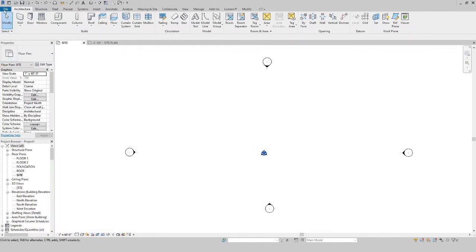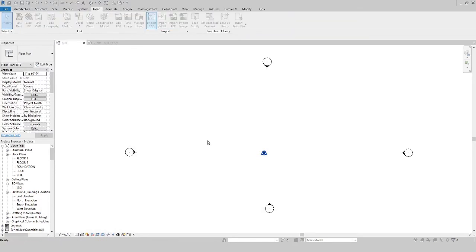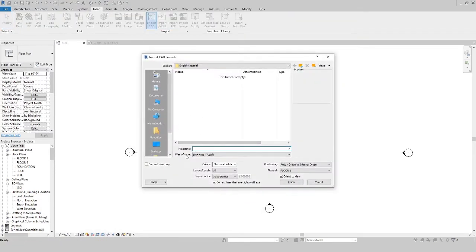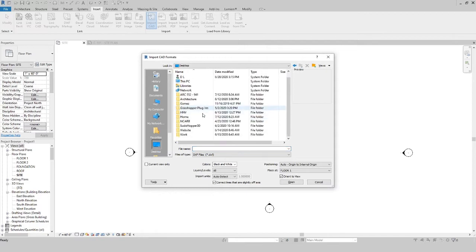Now that I have that done, I'm going to minimize SketchUp, and in the site plan, here I'm going to go to Insert, Import CAD, and we're going to import in the file that we just saved to our desktop. And it's going to be a DWG file this time, CAD Mapper Site, and we don't want current view only. We want this to actually come in all views, so that way we can make some nice 3D renderings later, and we can just hide it for the time being if we don't want to see it in any particular